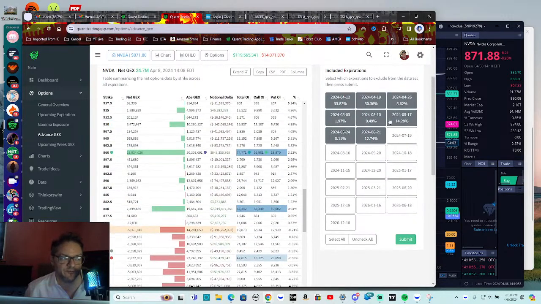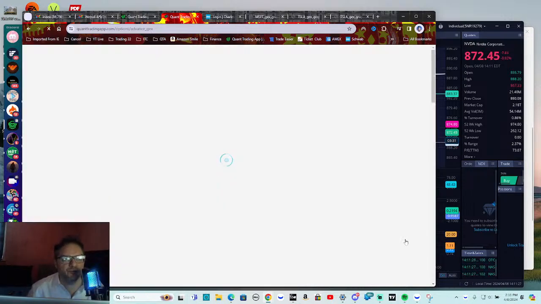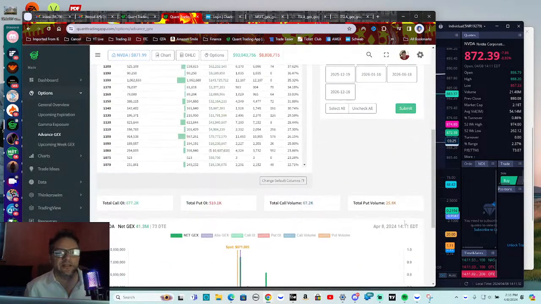Keep in mind, we have expirations all the way out to June. And if you notice, the value underneath each expiration has a percentage on it. So you can see there's a lot for this Friday. A lot of people trade one to two weeks out. If we really are serious about what the market temperature is going all the way out to June, we can kill these first two Fridays, and we'll get a new tailored report, and that should give us a little better insight into what the market might look like for NVIDIA, or at least the way people are looking at NVIDIA